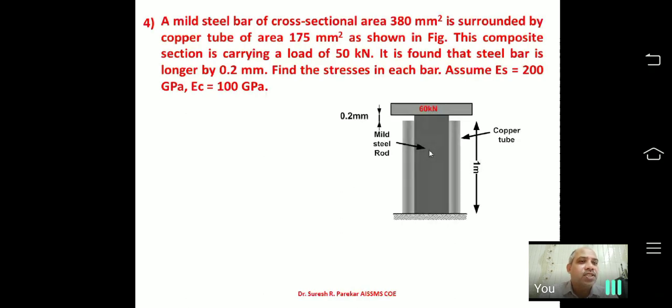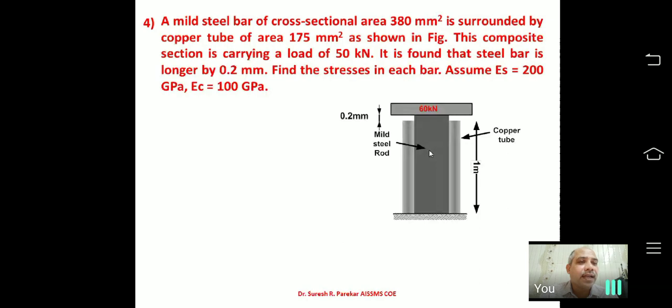So when you apply a load of 60 kilonewton, part of the load is first utilized only by mild steel. First mild steel will shorten by 0.2 millimeter, and then all materials have the same length of 1 meter, and then the load is shared by both and equal deformation will be obtained. So I have to first find the force required for mild steel to shorten by 0.2 millimeter. Now delta L I know, L I know, AE I know, from which I will get P for steel, which is required to shorten by 0.2 millimeter.